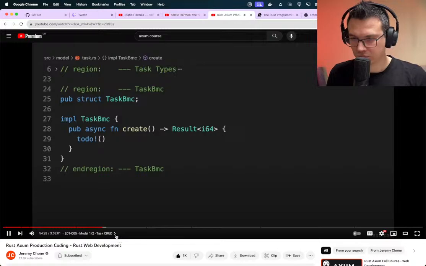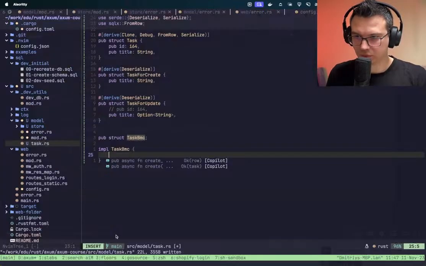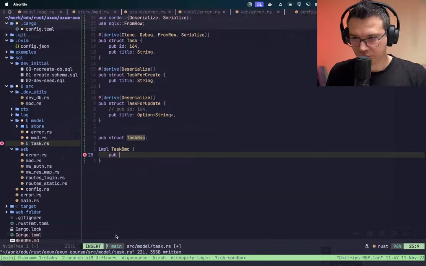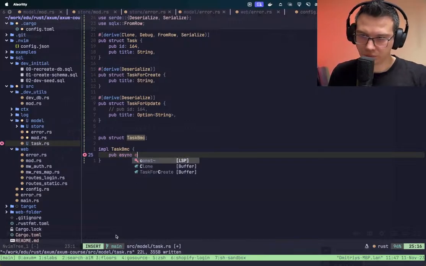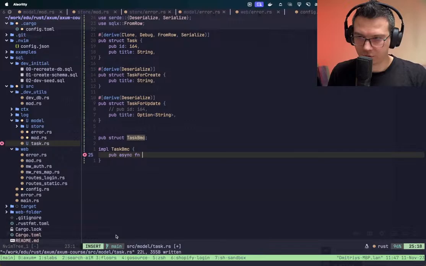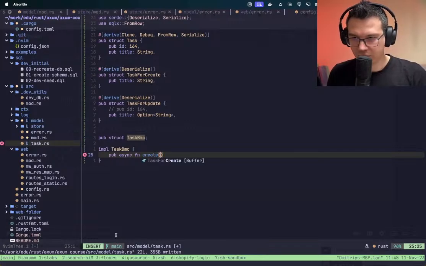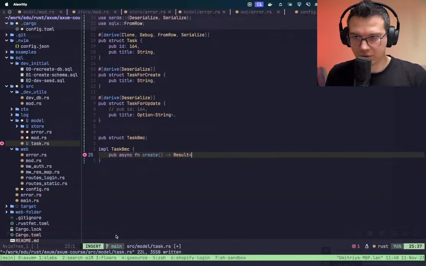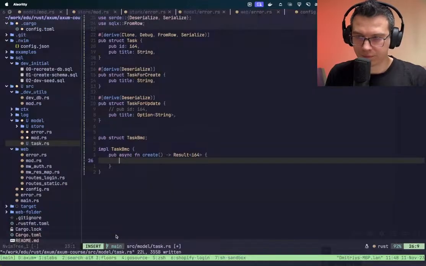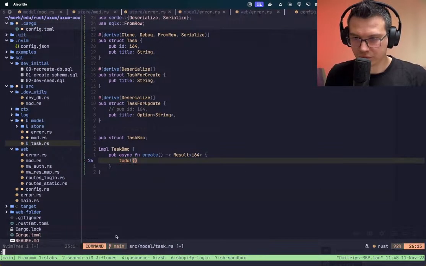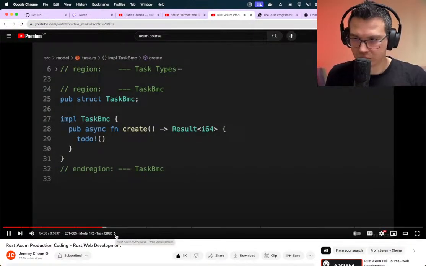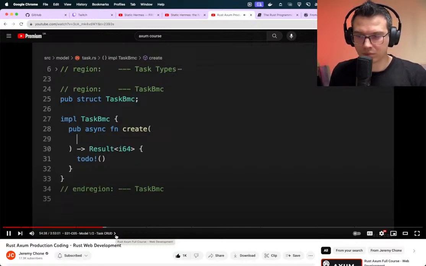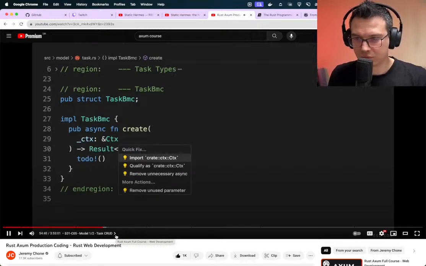So by design, function create and return result I64. What we want is that the create is very granular. It doesn't have to return task back. So we're going to make it very efficient, and it's just going to return the ID of what has been created. But it's going to take the CTX, which is part of our create CTX, and then